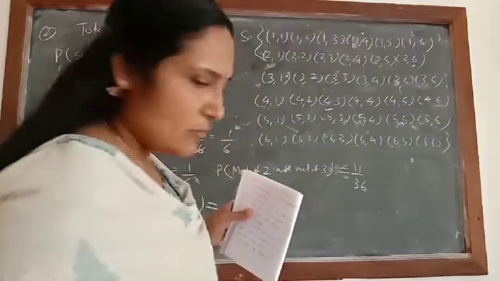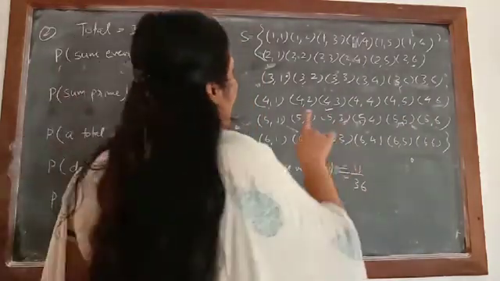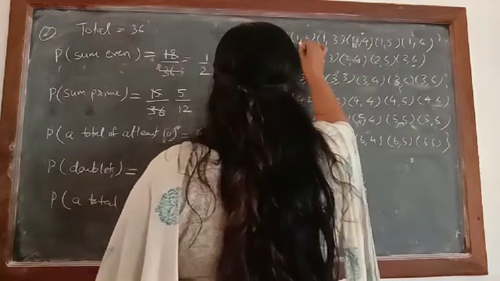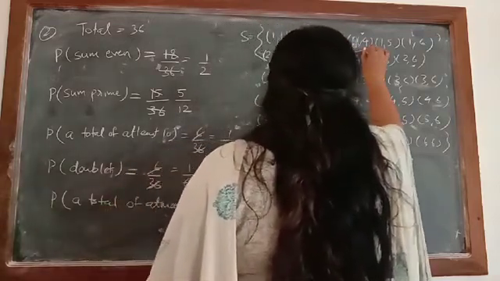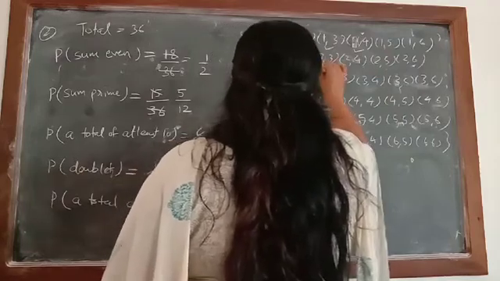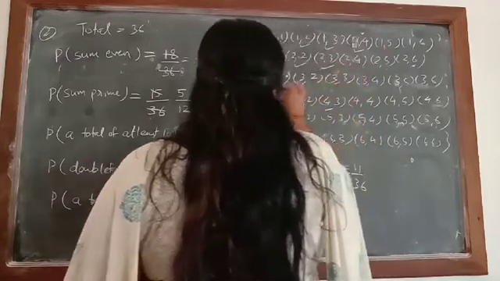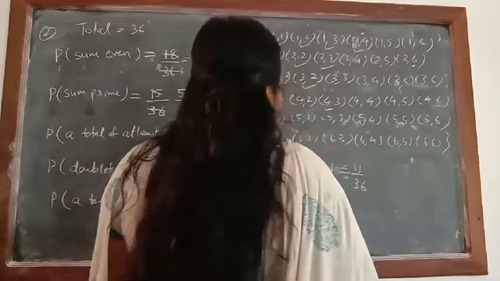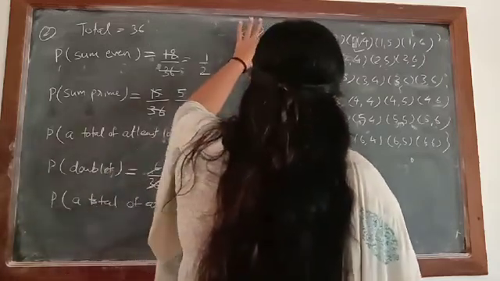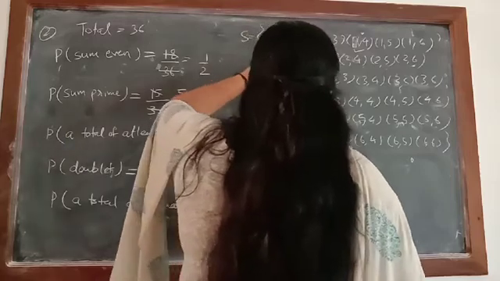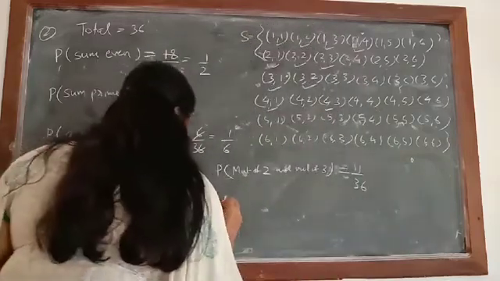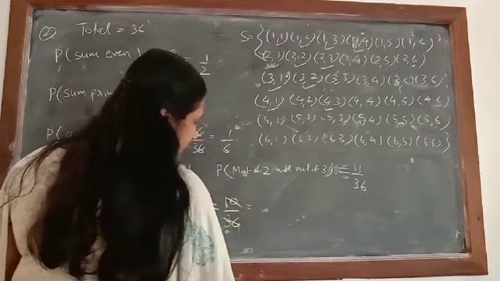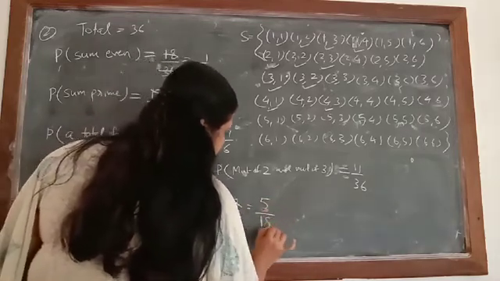So just to check in how many cases we are getting the sum 5. Here this will come 1 1, 1 2, 1 3, 1 4. Then here 2 1, 2 2, 2 3. Then 3 1, 3 2. And here it will be 4 1 only. So 4 plus 3 is 7, plus 2 is 9, plus 1 is 10. So the probability of at most 5 is equal to 10 by 36, which will be equal to 5 by 18.